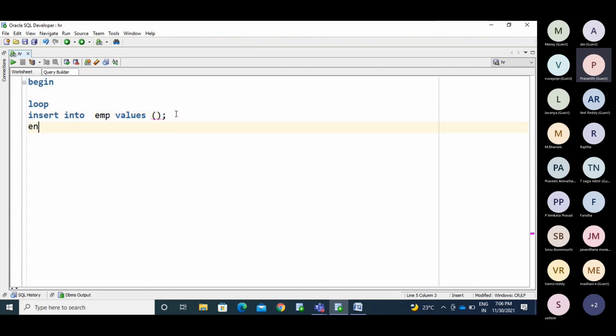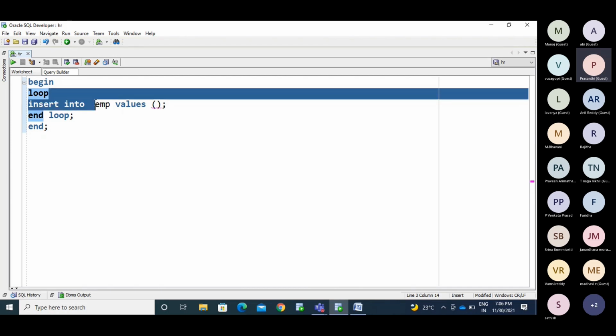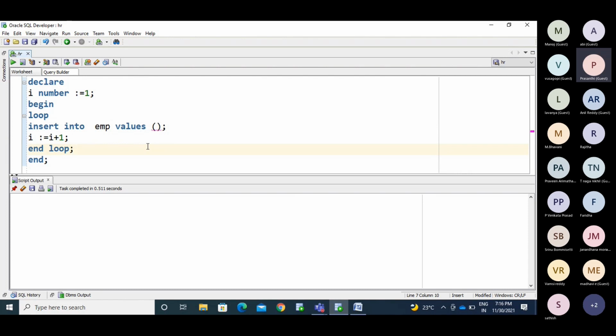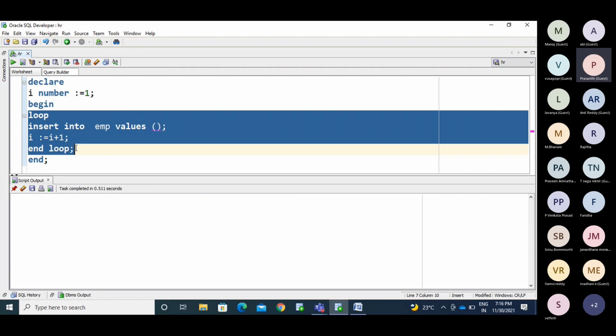In the loop, the statement can terminate like this. First it executes the statement. After completion of the statement, the cursor goes back to the start of the loop. If you haven't mentioned anything, it continuously keeps going in an infinite loop. The basic loop starts with LOOP, and it continuously goes round, so it is an infinite loop.